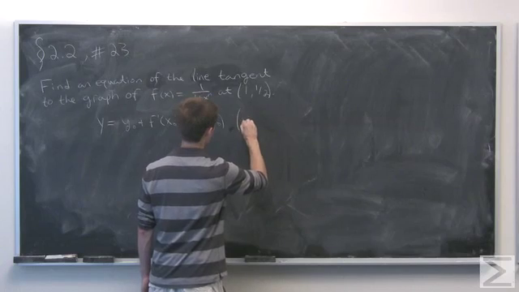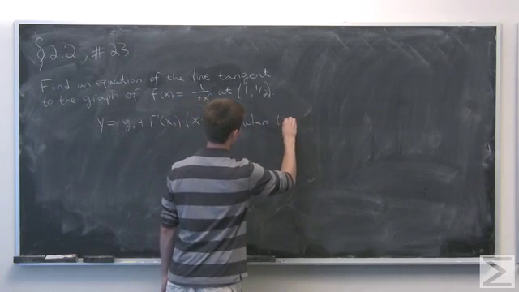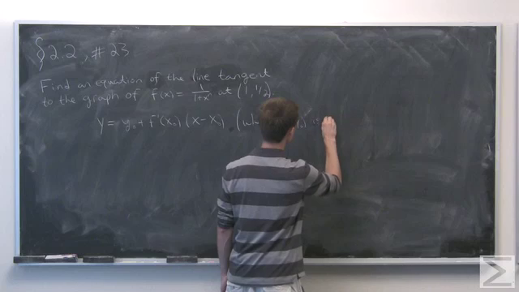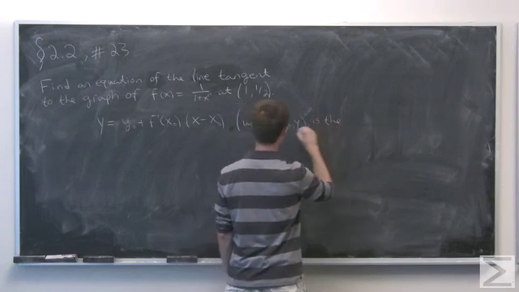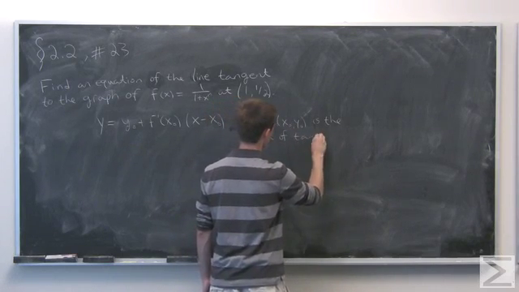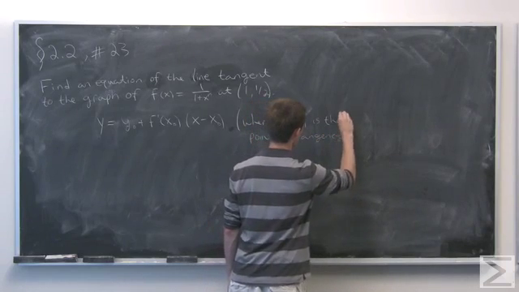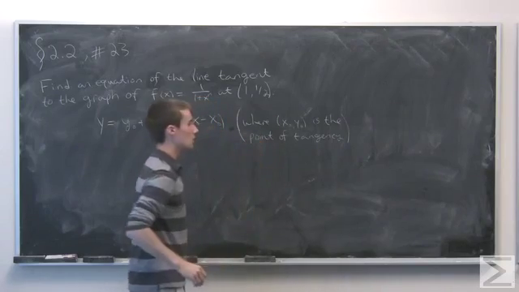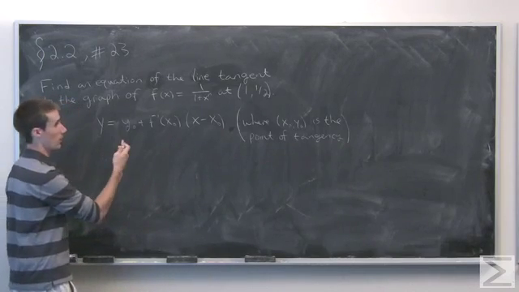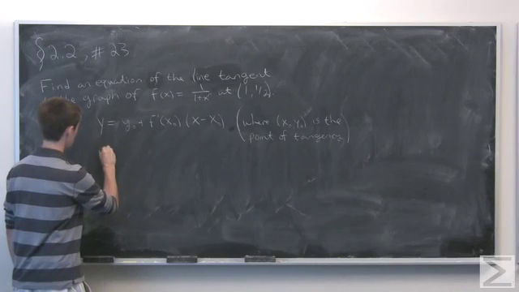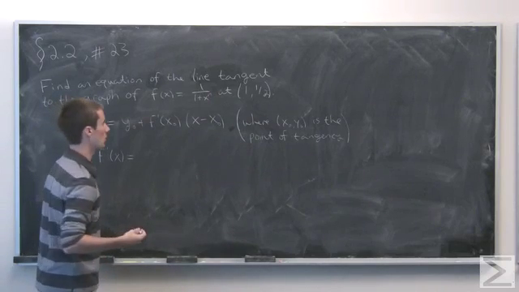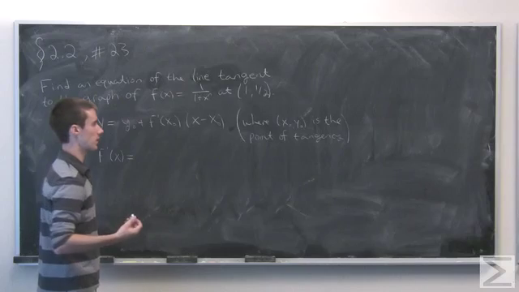And we have x naught, y naught is the point of tangency. So the first step here is to compute the derivative of f and then evaluate it at the point 1. So f prime of x, and here we're going to need to use the quotient rule. And the quotient rule says we take the denominator